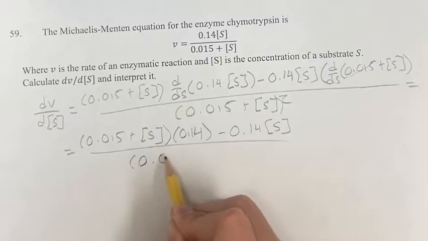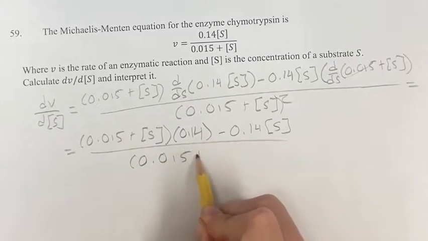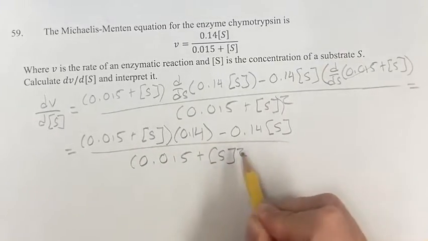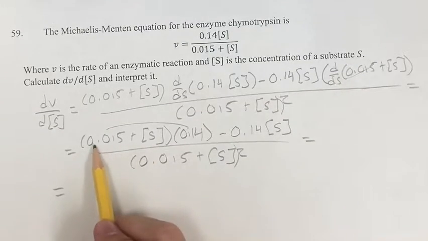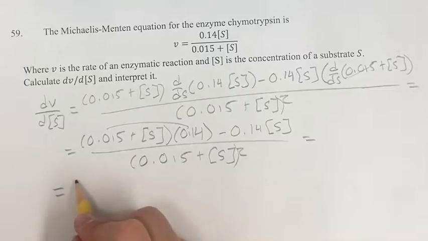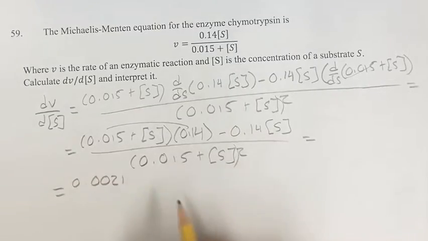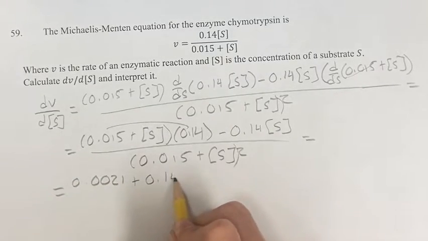This is over 0.015 plus s squared. This is equal to, on top, 0.015 times 0.14 is 0.0021 plus 0.14s